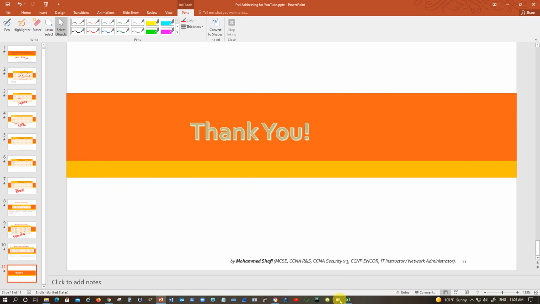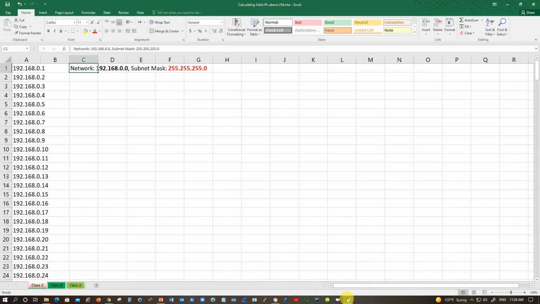So let's go back to the actual calculation of IP addresses. I have prepared this for your convenience. It's easy to write down these addresses and pull them down. You can take any IP address. I have taken 192.168.0.1. I just want to show you how you can prepare this in Excel. If I were to type the addresses, one method is to type like this, say 193.255, any address with 3 octets, because class C has 3 octets reserved for the net ID. I have to maintain the uniformity.